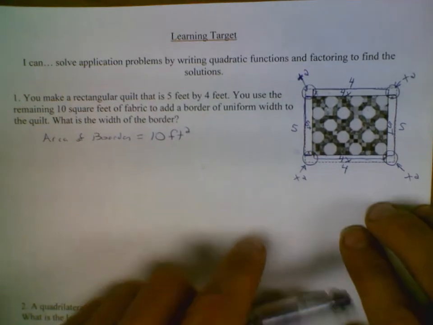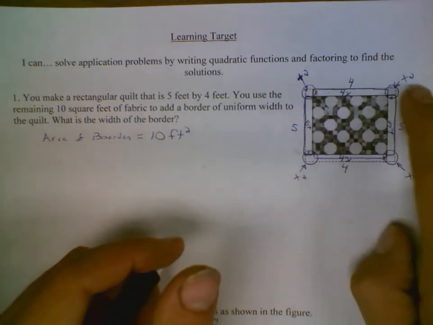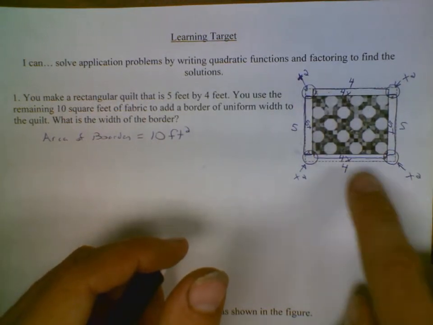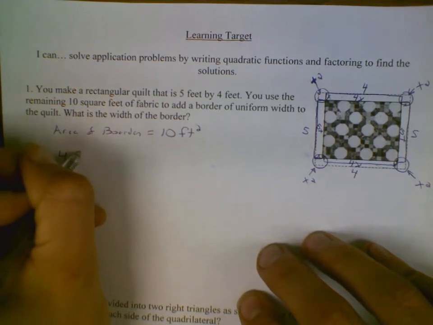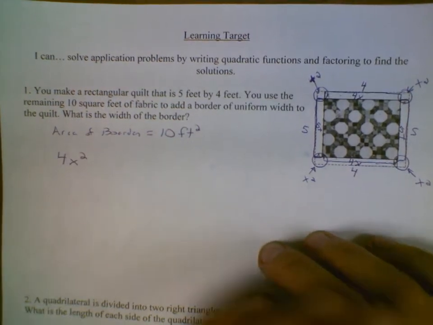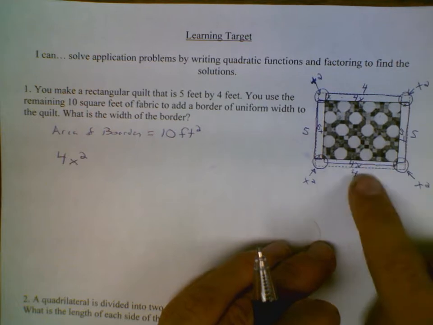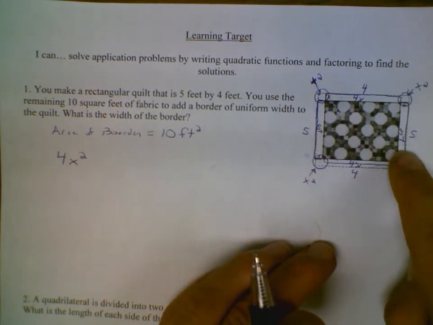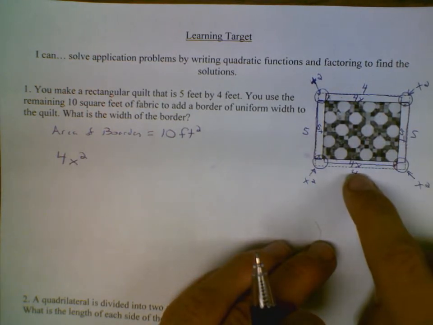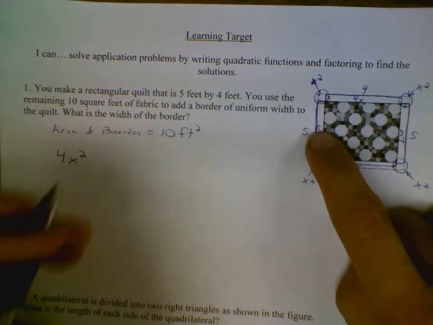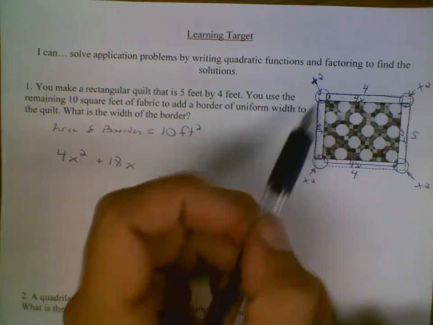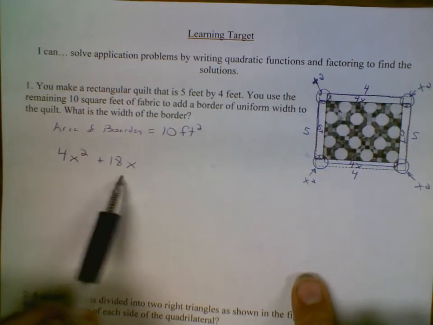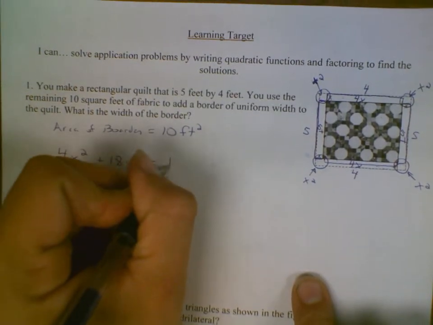So if I take x squared plus x squared plus x squared plus x squared, if I add the 4 corners, that should be 4x squared. Then if I add the rectangles, well, I have 4x plus 5x, that's 9, 13, and 18, so I get 18x. And then, like I said, when I add up all those pieces, that should equal my total of 10